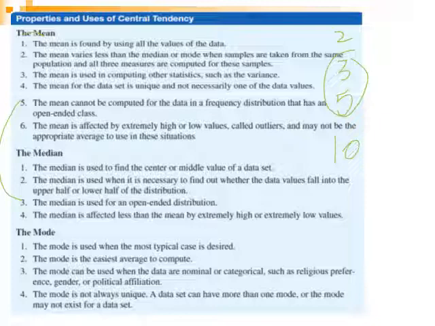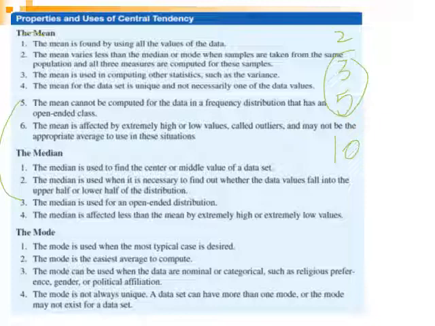Then we will move to the uses of the mode. The mode is used when typical cases are desired, and we want to know how frequently a case is repeated. So the most suitable measure of central tendency here is the mode. The mode is the easiest average to compute. We just count the repeated values, get the greatest frequency, and find the mode from it. The mode can be used when the data are nominal or categorical, such as religious preferences, gender,